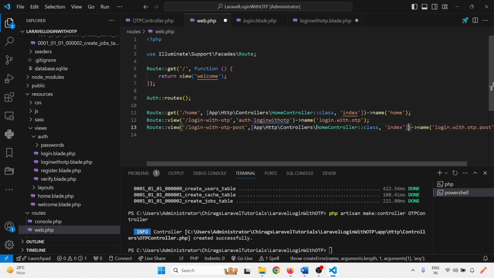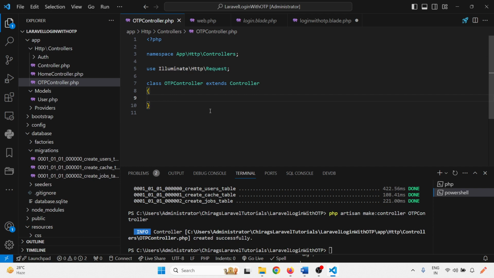So my controller is OTP controller, and the class name I'm using is login with OTP post. Copy that method name, go to the controller, just create public